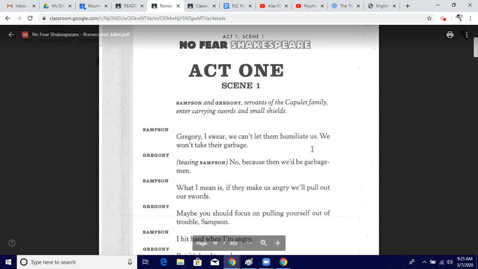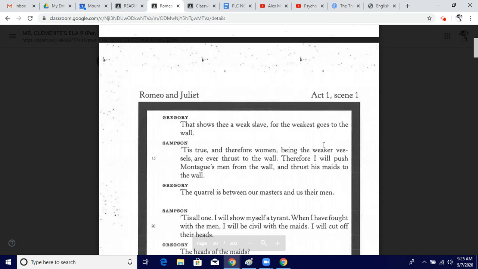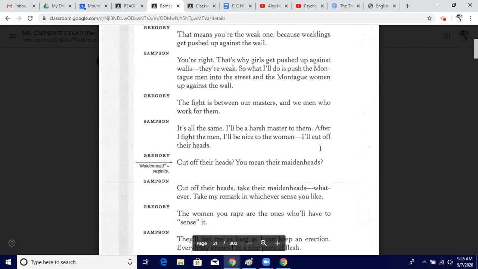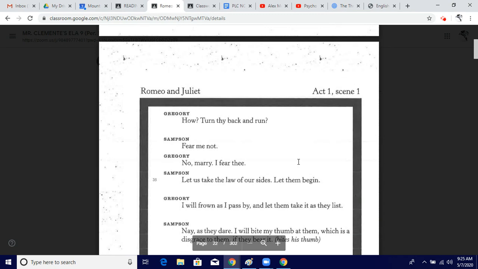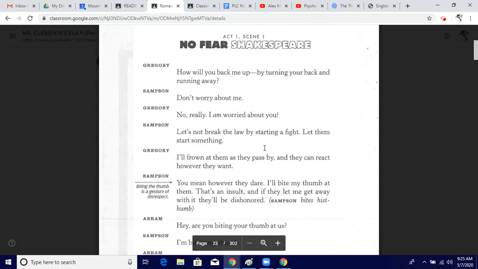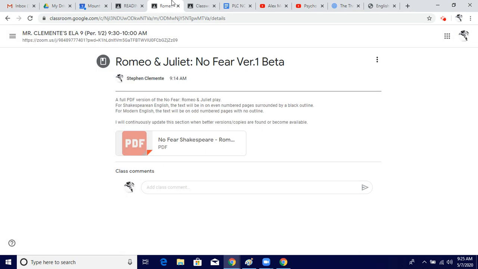So if you want to focus strictly on the modern day English, when you read through, you're just going to skip every other page. Same thing with the Shakespearean English. If you want to focus on the Shakespearean English, you're going to switch every other page as well. So it's short and simple. If you want to go with this version of it, which is a lot easier to view,